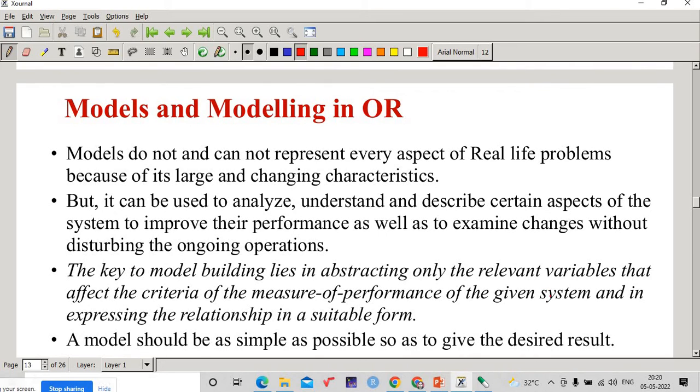Models and modeling in OR. Now, a very important part we must understand is what is a model and what is modeling. Many of the times we try to mimic real life problems into a structure which we can formulate. For example,